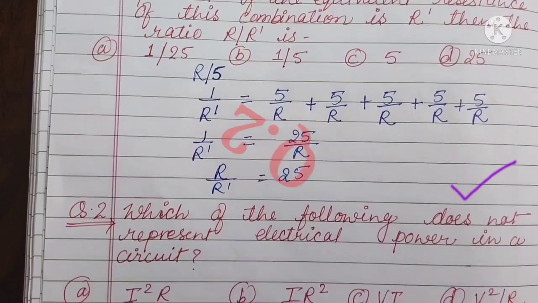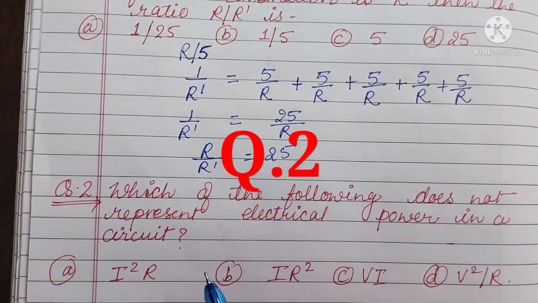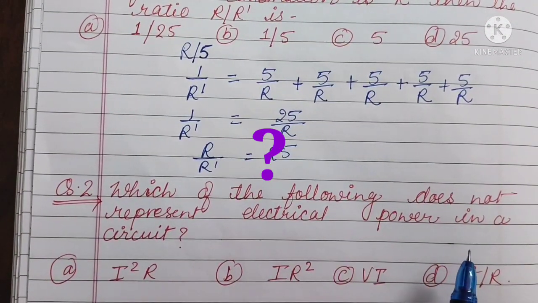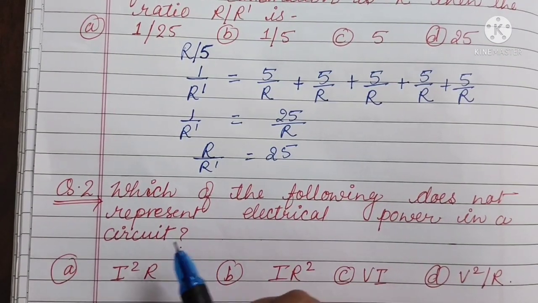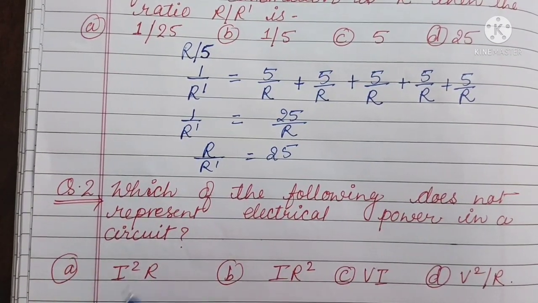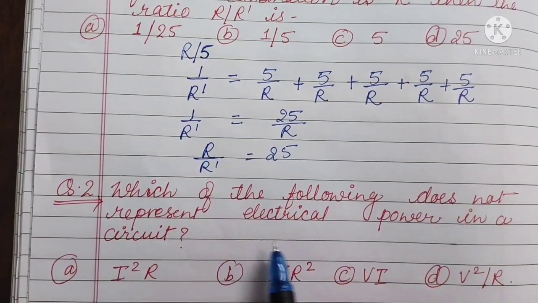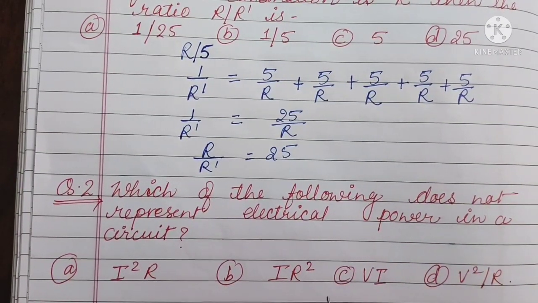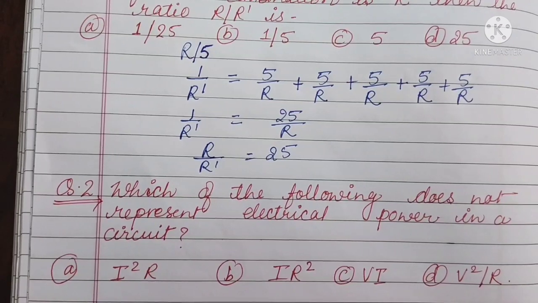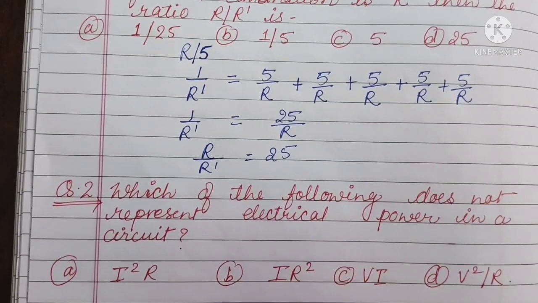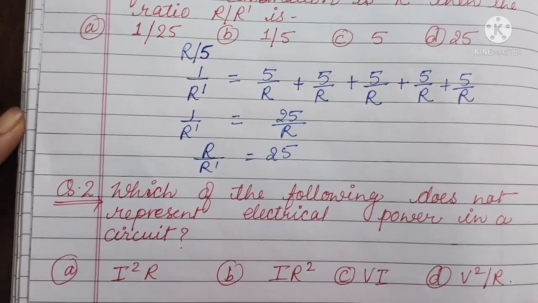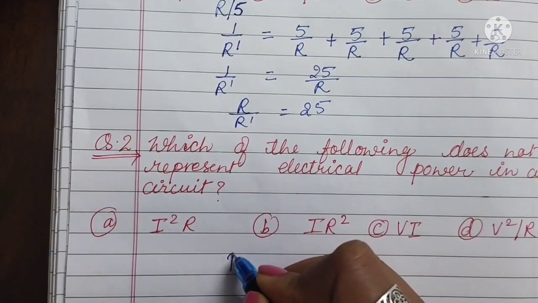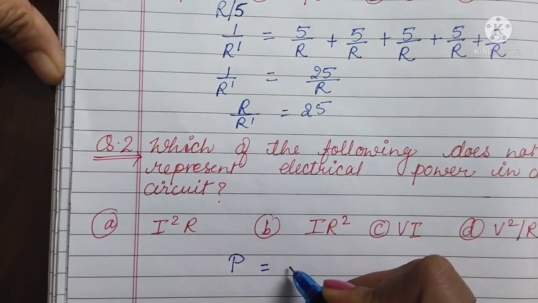Now the next question, question number 2. Which of the following does not represent electrical power in a circuit? So there are various options that are given to you. So we need to find out the formula for power. What are the various formulas of power? Let us check it out. First one can be written as P equals VI,